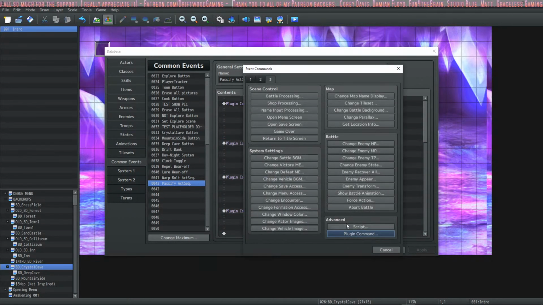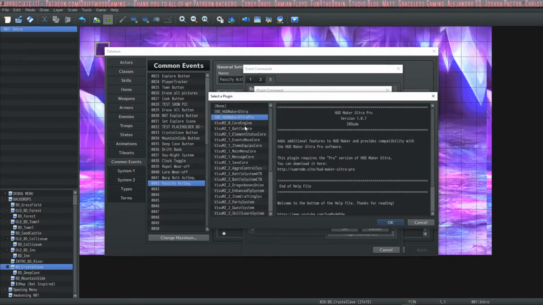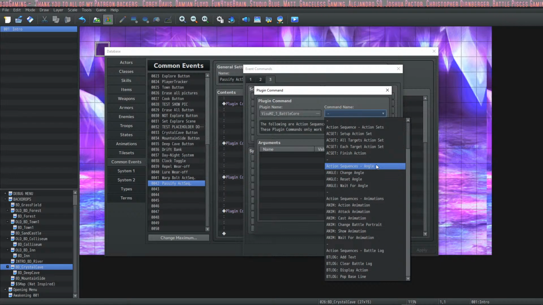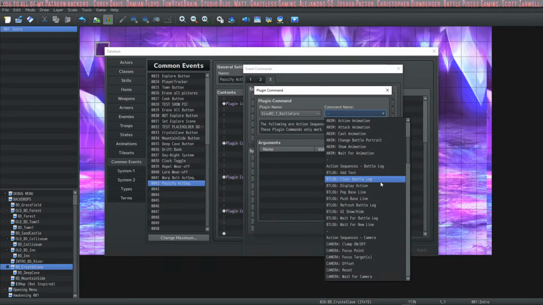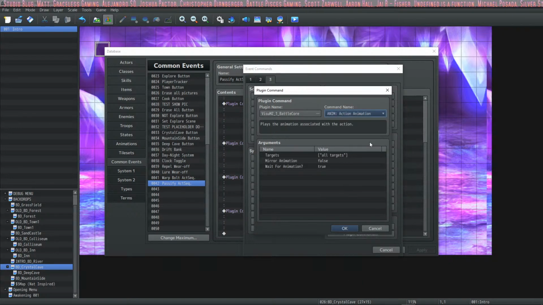Color break. We're going to need sound effects or just play animation. That's going to cover both of those bases. Play the animation. Let's use the action animation, that way I can just assign it on the skill itself.